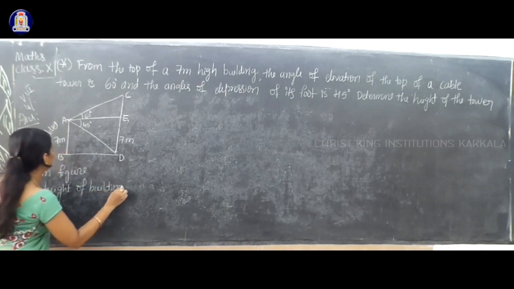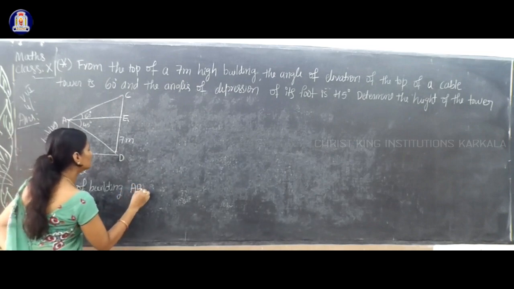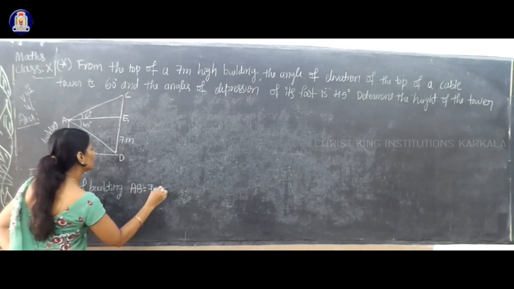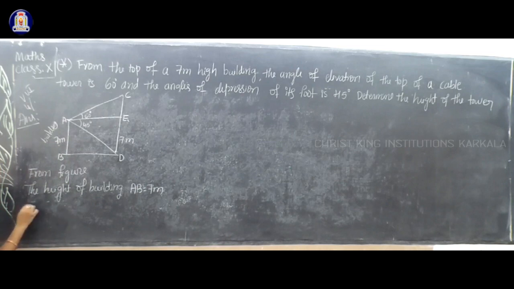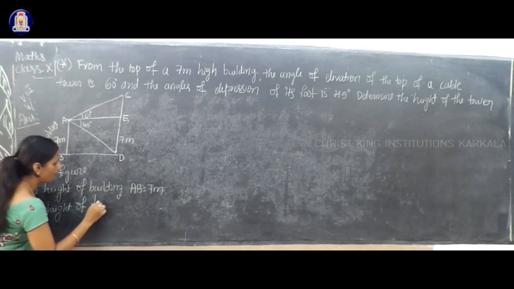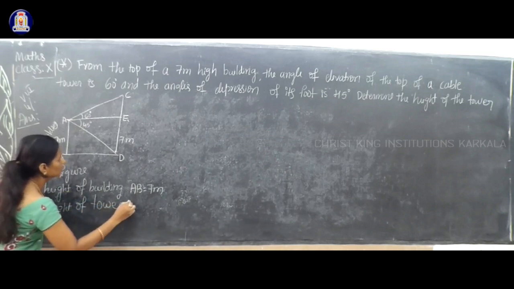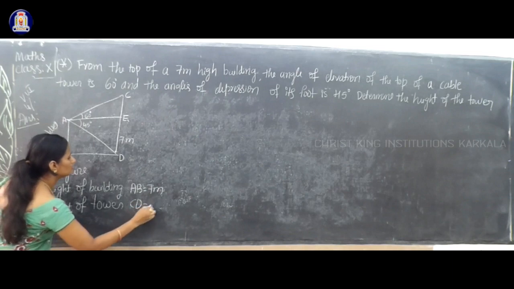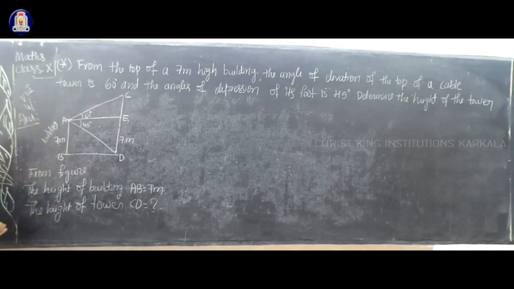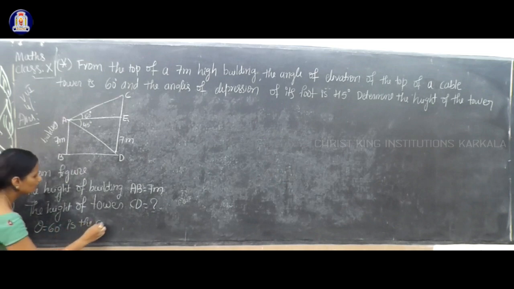The height of building AB is equal to how much here? 7 meter. The height of the tower, that is the cable tower CD, is equal to question mark. Next, theta is equal to 60 degree, the angle of elevation